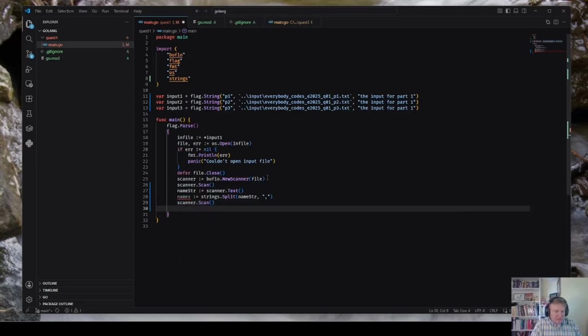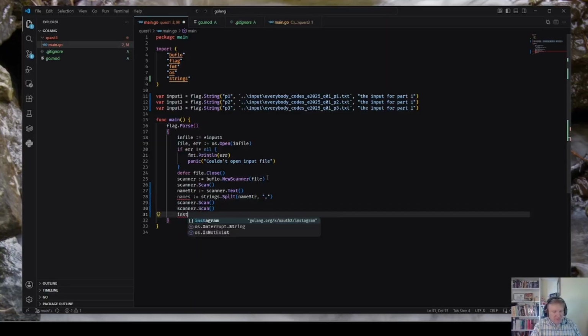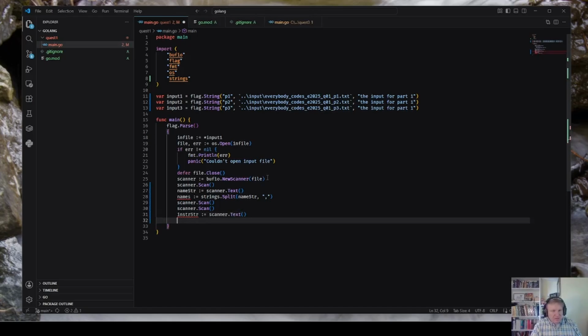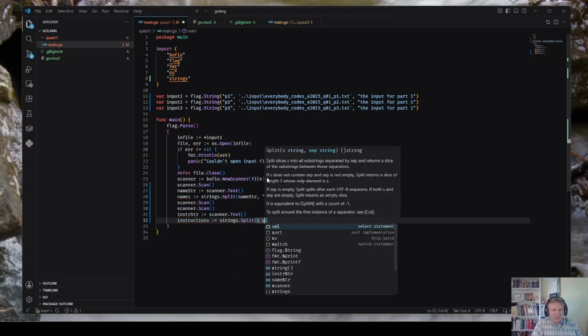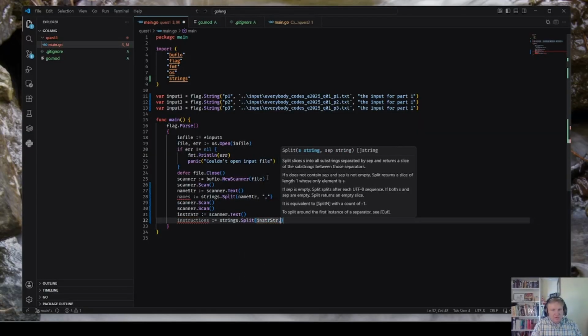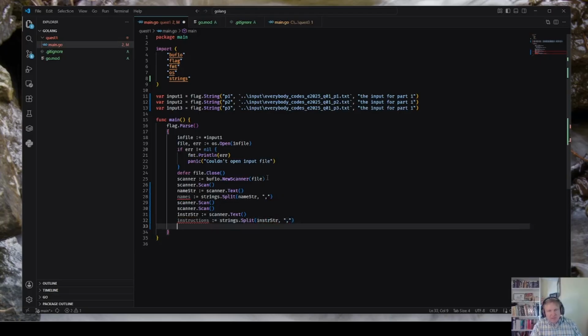Scanner.Scan, read the blank line. Scanner.Scan, read the other line. Instruction string is the instructions, and then instructions is strings.Split instruction string at the comma.